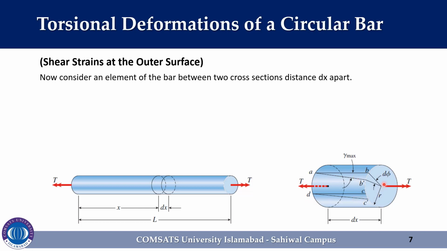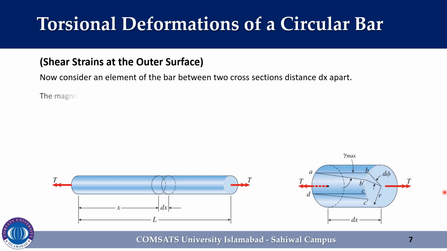During twisting of the bar, the right-hand cross section rotates with respect to the left-hand cross section through a small angle of twist d phi, so that points B and C move to B slash and C slash respectively. The lengths of the sides of the element, which is now A, B slash, C slash and D, do not change during this small rotation. However, the angles at the corners of the element are no longer equal to 90 degrees. The element is therefore in a state of pure shear, which means that the element is subjected to shear strains but no normal strain.